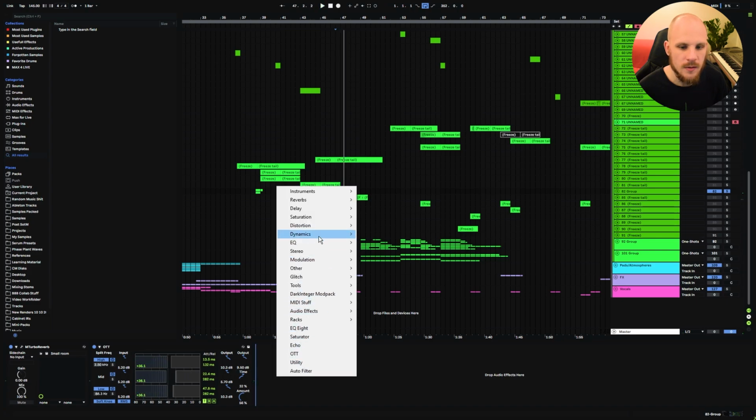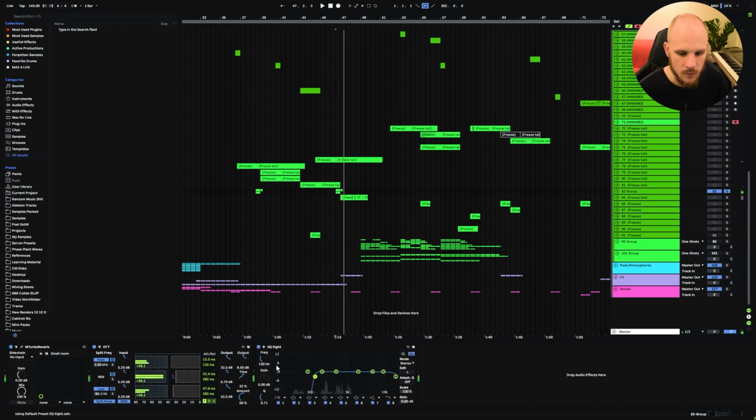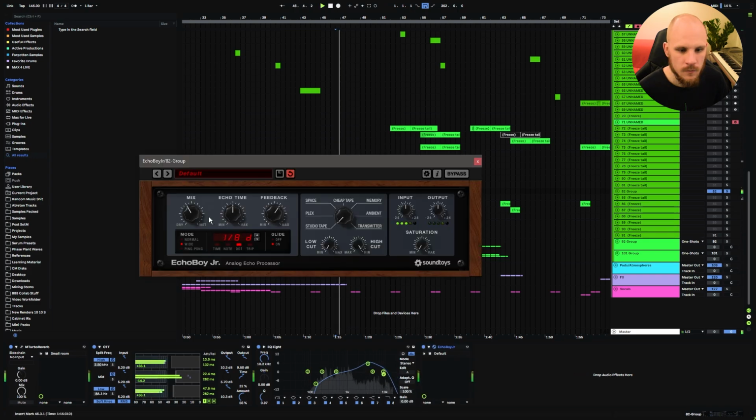Okay, so now we get a little bit of a longer sound out of that. We'll EQ this one. And now we'll add our delay. 1/8 dotted notes. Let's go with the transmitter, or let's go with the ambient over here. Comes nice and verby. It's a little bit dark